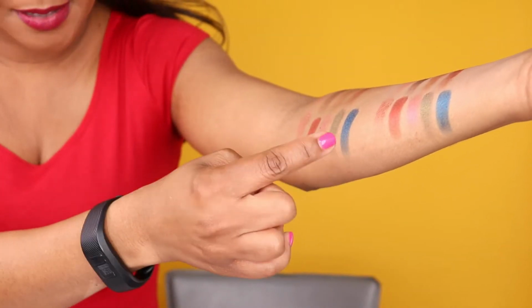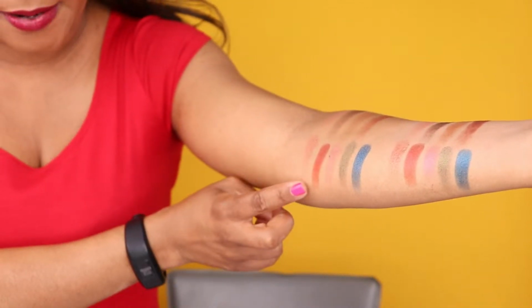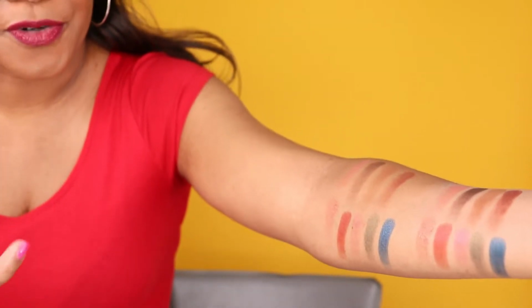But the blue, the Spark, is almost the same to me. And this one here, XOXO, is about the same to me as well. But the colors are beautiful. But what I can tell you is that some of these colors are definitely going to have some fallout, because